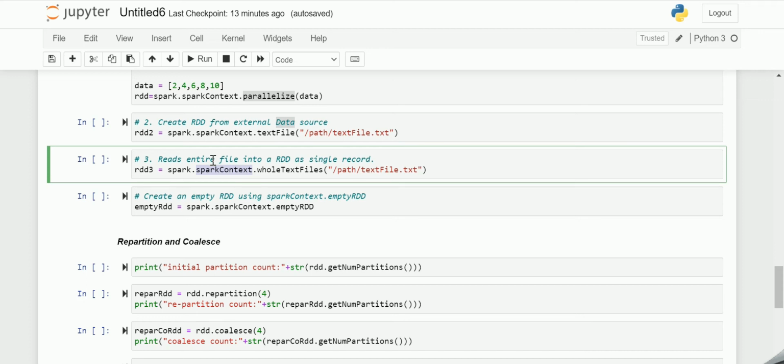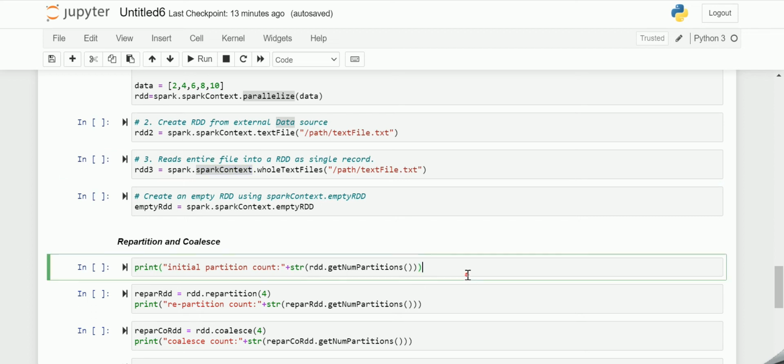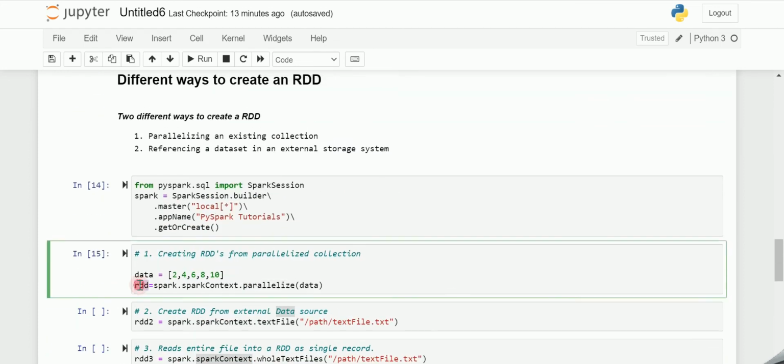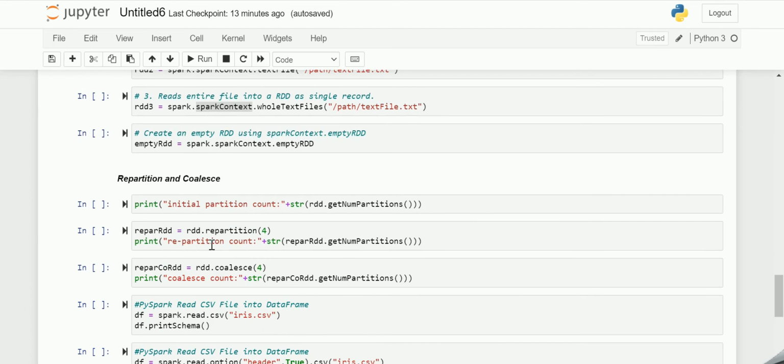So when you run it on your laptop, it could create as many partitions as the number of cores available on your system. In order to identify the number of partitions your dataset is split into, we need to invoke the getNumPartitions method. Based upon the RDD which I have created here, I'm trying to get the number of partitions which are created.